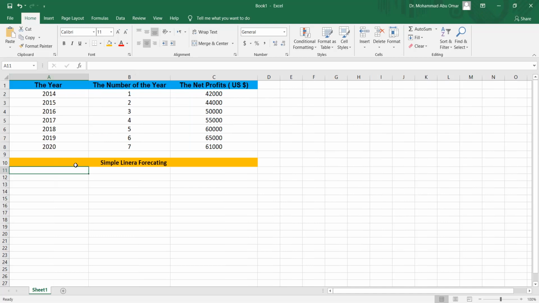Let us enlarge this column, as you see. Now, the expected or predicted